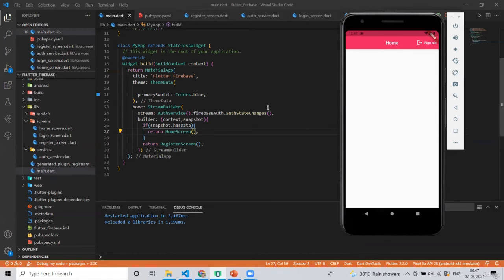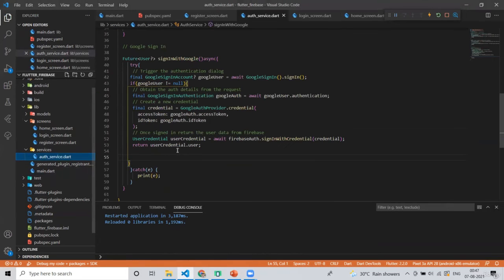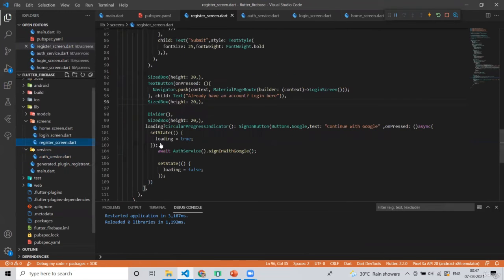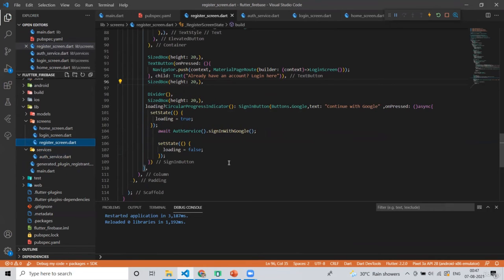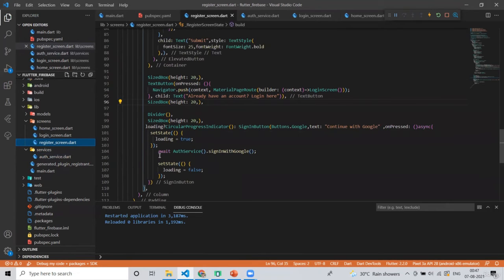So I hope you have understood how to use the Google sign-in. This piece of code is just what is required. Then you have to hook that piece of method with our UI like this. And this loading is just so that the user has feedback.